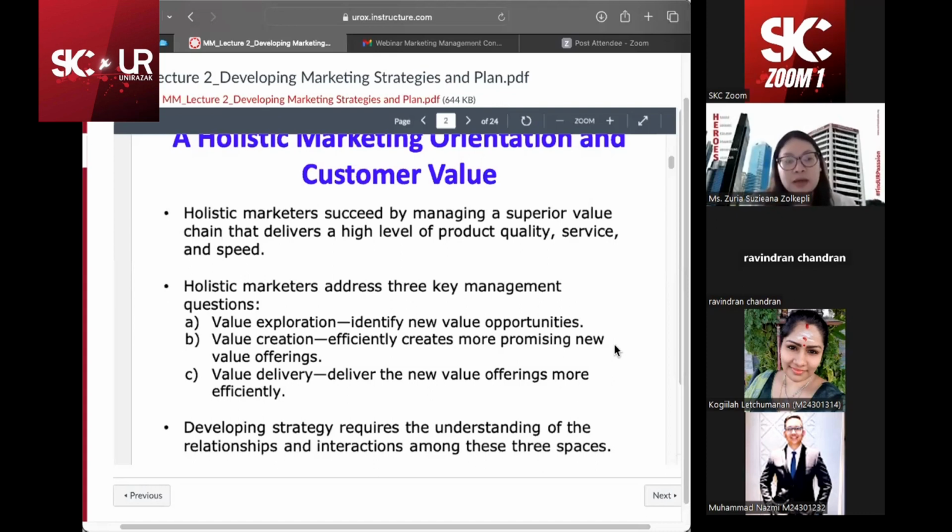We already have told you about value, why it's important in marketing, why it's important for customers. So as a marketer, you should understand the importance of value. Value creation efficiently creates more promising new value offerings because as customers,